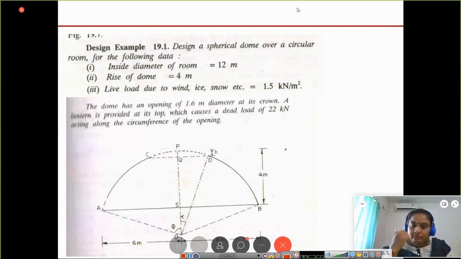Ma'am, we have another question. How can we calculate how much reinforcement we should use in each dome? That you need to design, right? We have not discussed the design. Only the preliminary steps we designed. Depending upon the type of stresses, you also need to check that with the minimum reinforcement criteria. That's it.